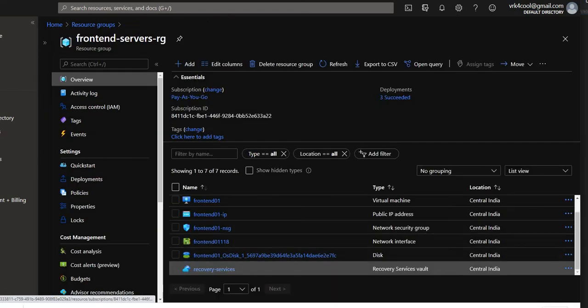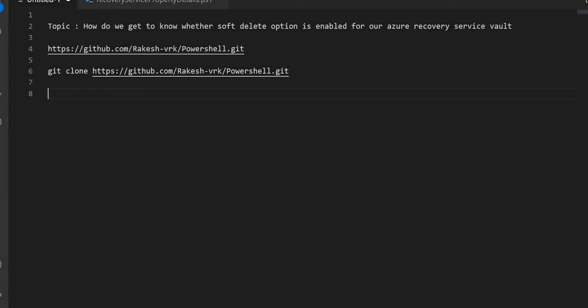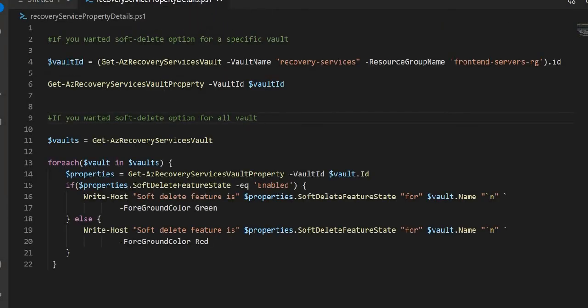Jumping back to the script, it is in fact very easy. You can find it in the Git repository. If you are going for a specific vault, you need to have the vault name and the resource group where the vault is located, and you have to get the ID of the vault and provide it to the Azure Recovery Services Vault property.